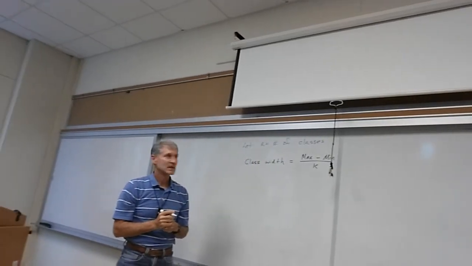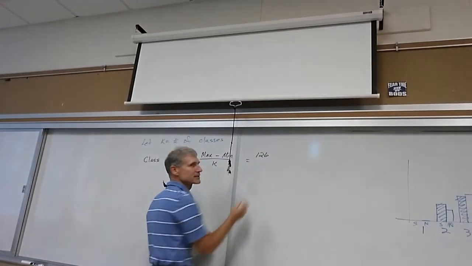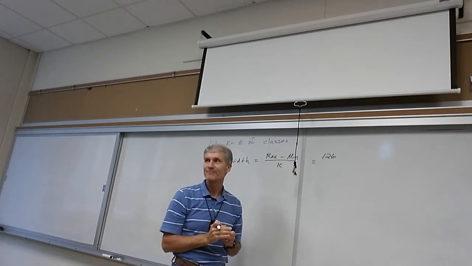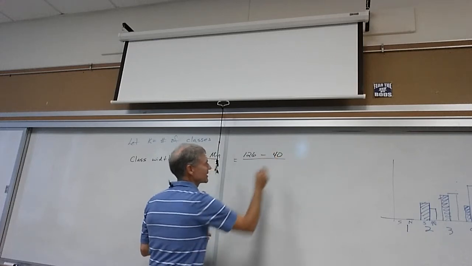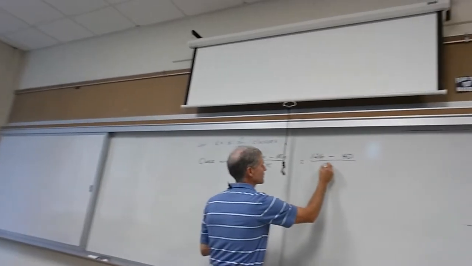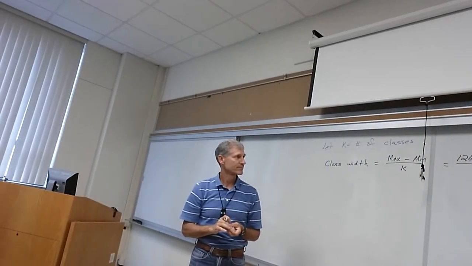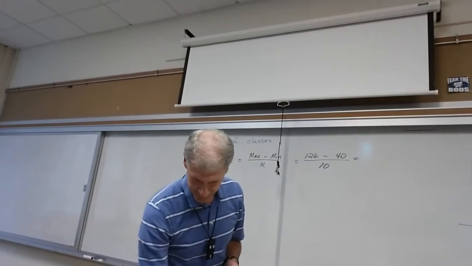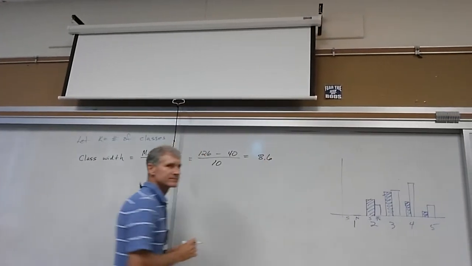All right? So in our data, that turned out to be 126. That was the maximum heart rate turned in. Yeah, that's big, isn't it? We'll come back to discussions of the data in a second. The minimum value was a 40. So we had 126 minus 40 over, let's use 10 for number of classes to start with. So if you do that on your calculator, you get 8.6,